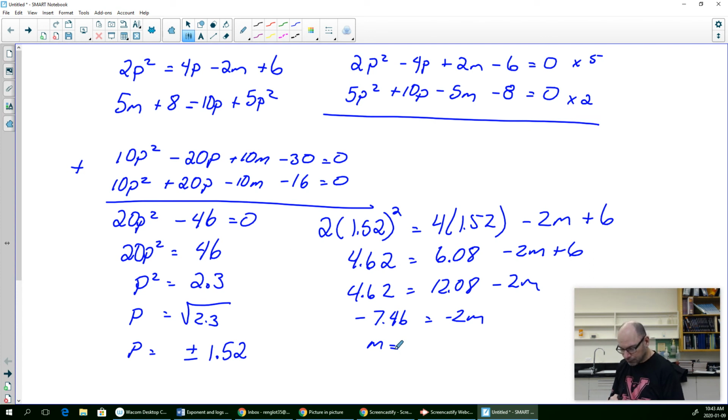So I get 3.73. Okay, so that's the first one. I guess it's the 3 goes first. 3.73 and then 1.52. And then you would do the exact same thing except you change this to a negative